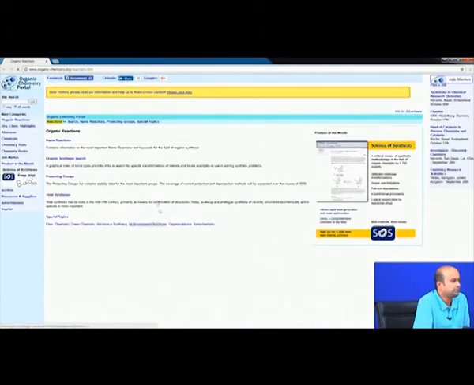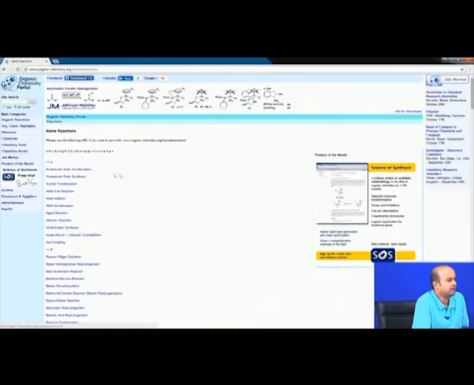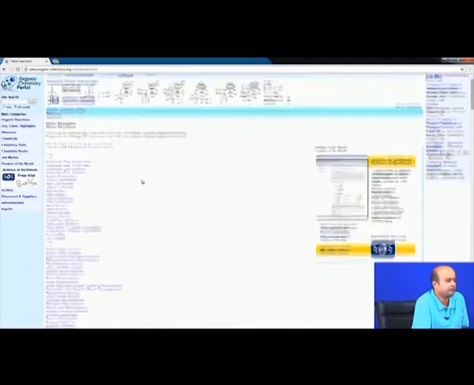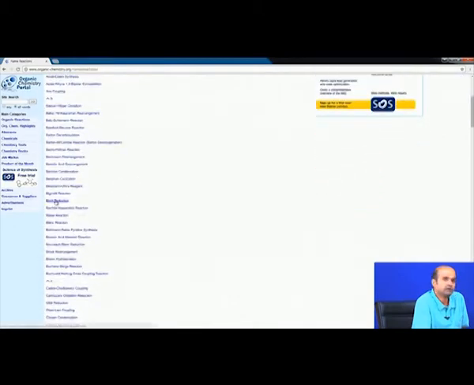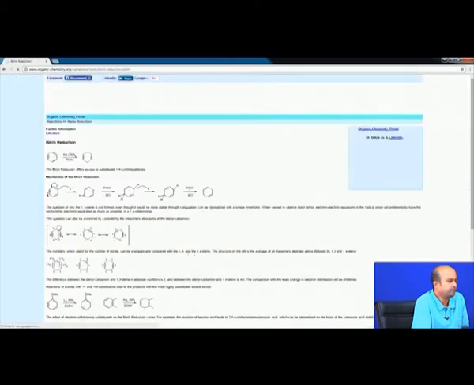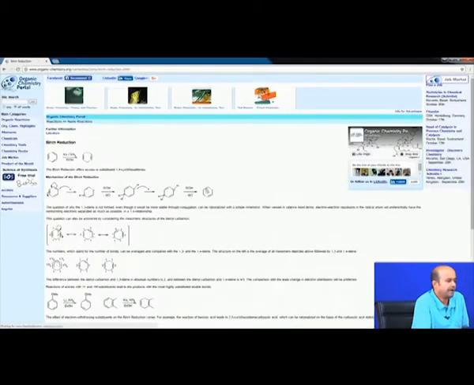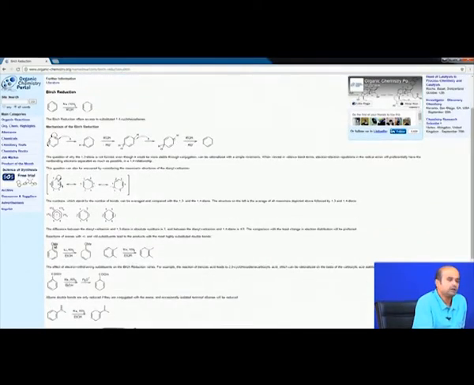This portal is a good thing which basically gives you a series of organic name reactions, and similar kind of thing, starting alphabetically, you can basically access a series of name reactions. Let us say we talked about Birch reduction. At the Birch reduction, you can just click it out. Then you see this Birch reduction is very interesting, and whatever mechanism I have shown here, you can get instant access. If I said electron releasing group like anisole, you can basically think about the regiochemistry. If I said electron withdrawing group like benzoic acid, you basically get this kind of compound.